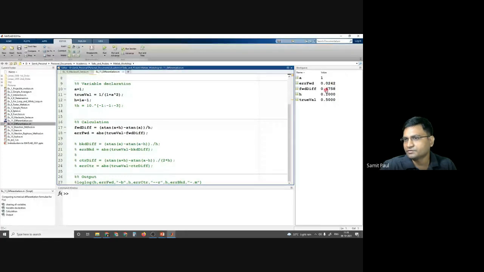0.242 for h equal to 0.1. So the step size h is about 5 times the error, or the error is 1/5 times the step size. It is of the same order.